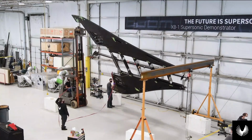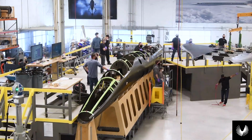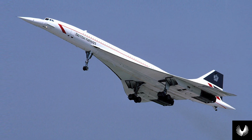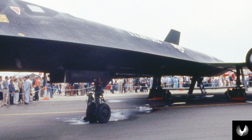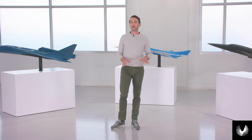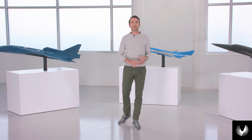And third, these materials are not as susceptible to the expansion and contraction associated with the temperature changes that are experienced during supersonic flight. By contrast, Concorde, which was an aluminum aircraft, grew by over a foot at max speed, and the SR-71 leaked fuel on the runway until its titanium skins could come up to temperature and seal the tanks. By using carbon fiber composites, we all but eliminate these concerns and therefore reduce structural complexity and the associated